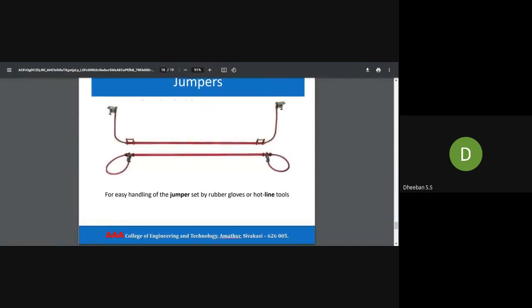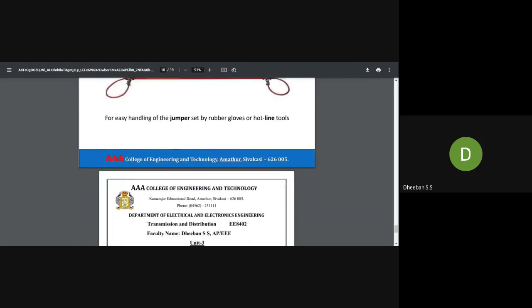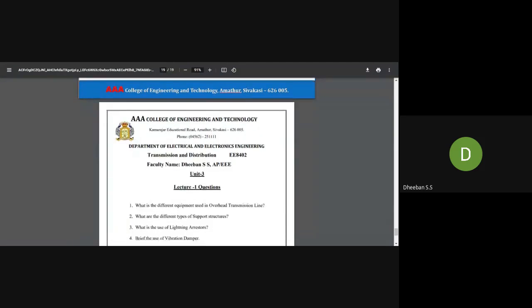So from this lecture, the different types of questions they might ask are: for 2 marks, the different equipments used in overhead lines. Next, what are the different types of support structures? The use of lightning arresters, followed by the vibration damper. And distinguishing between fuse and isolating switch is a very important question. Okay, so with this, the lecture is